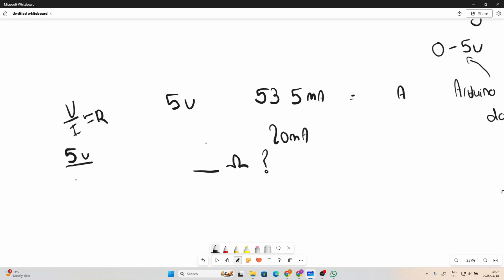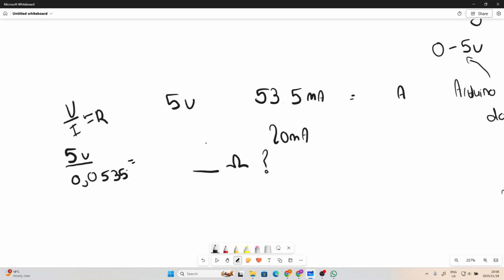So we can't just plug in milliamps because then it's going to give you the incorrect number. So we have to divide it by 1,000. And dividing this value by 1,000 gives us a very small number of 0.0535. Now, putting this into your calculator,